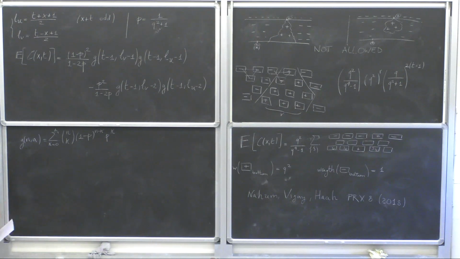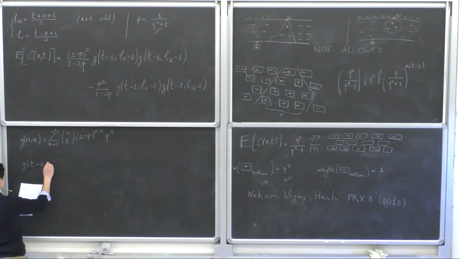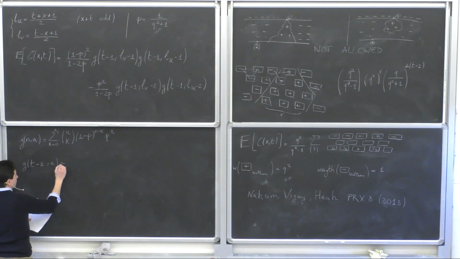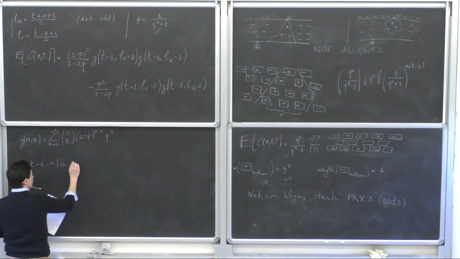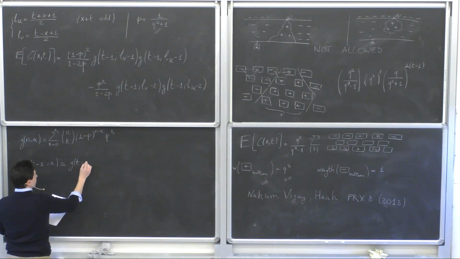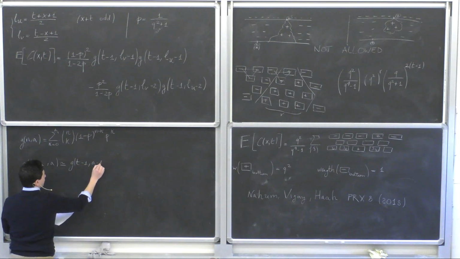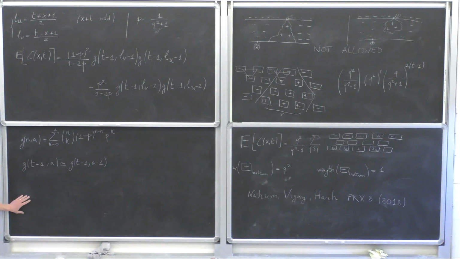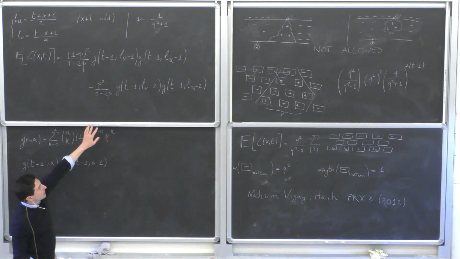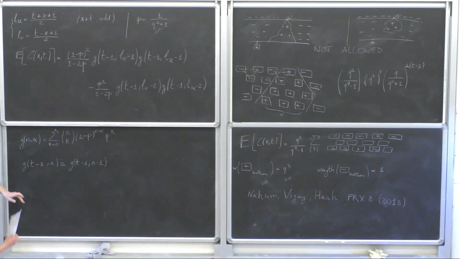So in order to simplify, we use that when t is very large, the two terms are the same up to subleading terms. So we can just sum the prefactor in front. And so we get